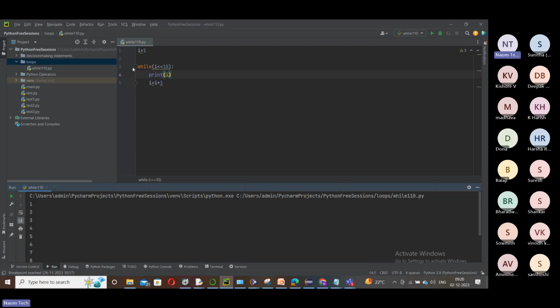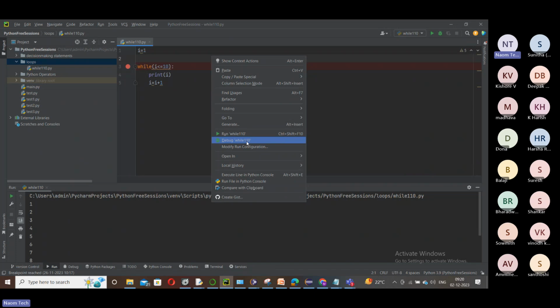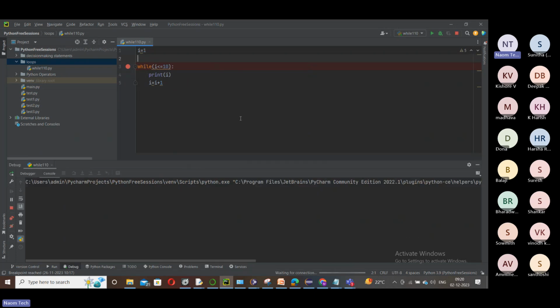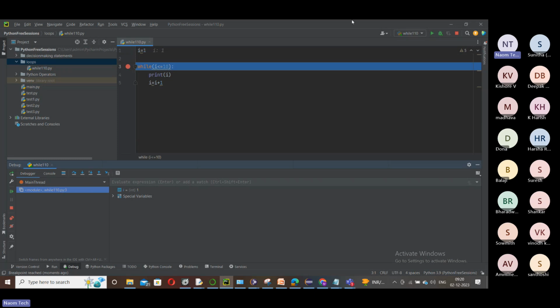Suppose you want to debug this program. Put a debugger here, right click and then debug while 1 to 10. Now you see the debug starts here. I told you we have debug options in this debug window. This is step into, usually needed when you are tracing functions or methods.